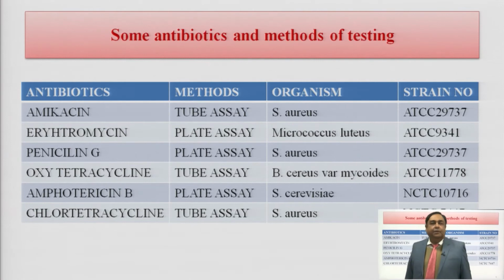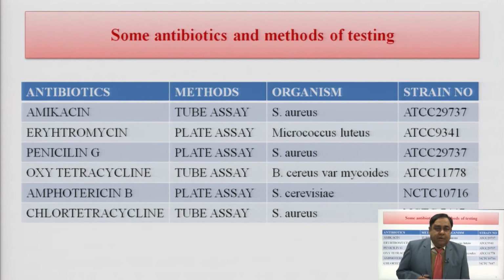Now, we are starting with, as I have told you, that this antibiotic assay can be carried out either by turbidimetric method or by tube dilution, either by turbidimetric method, common another name is tube dilution, or by cup plate method. Now, this particular table shows you the list of antibiotics along with the methods which are recommended as per Indian pharmacopoeia. Now, amikacin is estimated by the turbidimetric method,